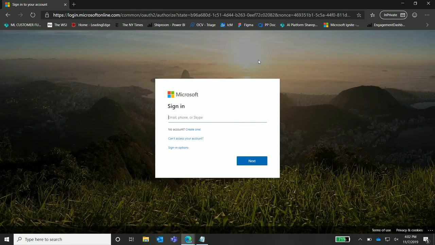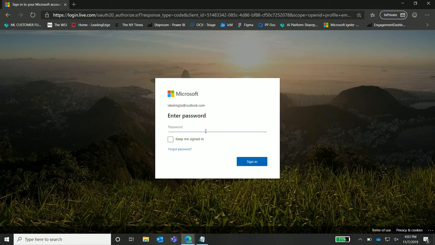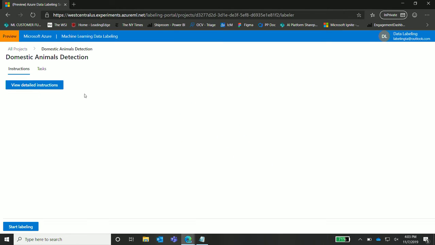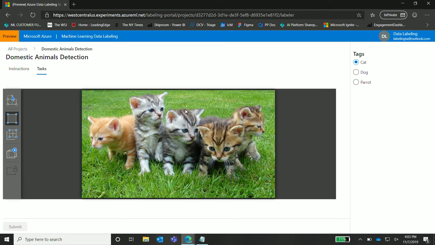Once I go here, it's going to authenticate me. And I see the same portal here.